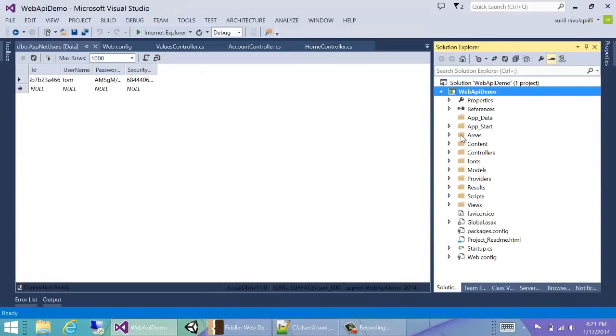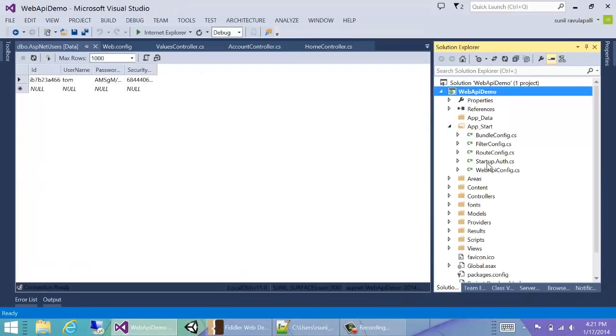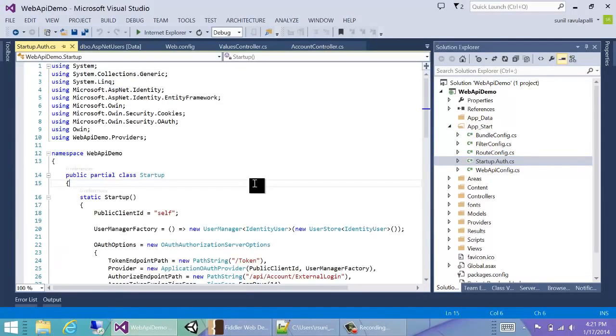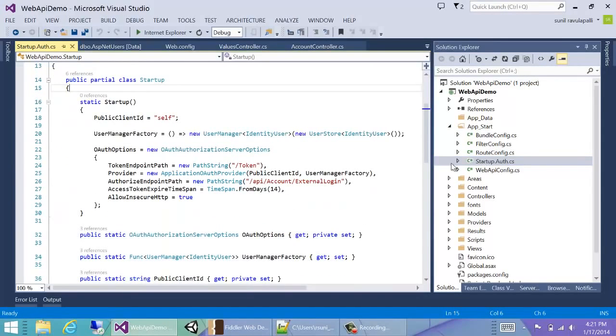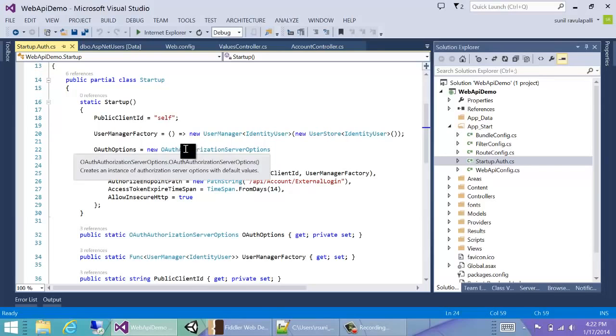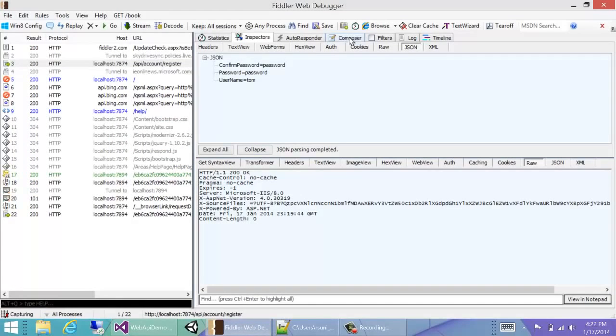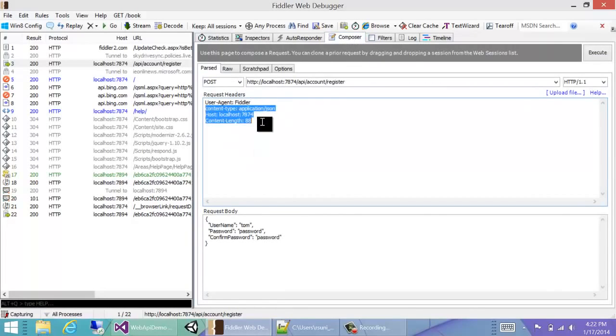To log in, we can get the information from this file. We'll see that in startup.auth.cs we have some OAuth options, and the token endpoint path is /token. So what we can do is, let's try to log in now once again. So we'll just delete all the previous data. What we need to do is our URL, do a token